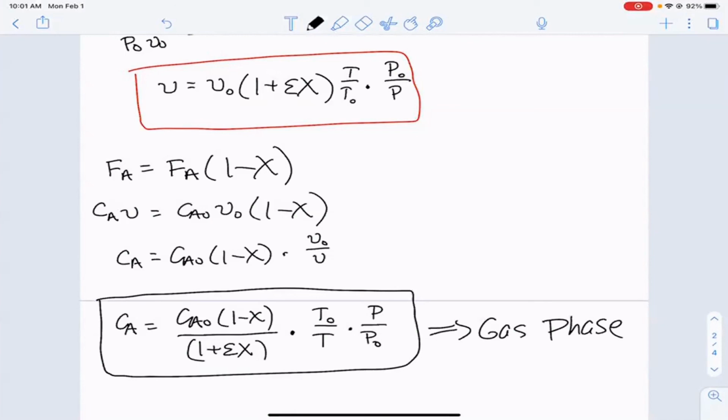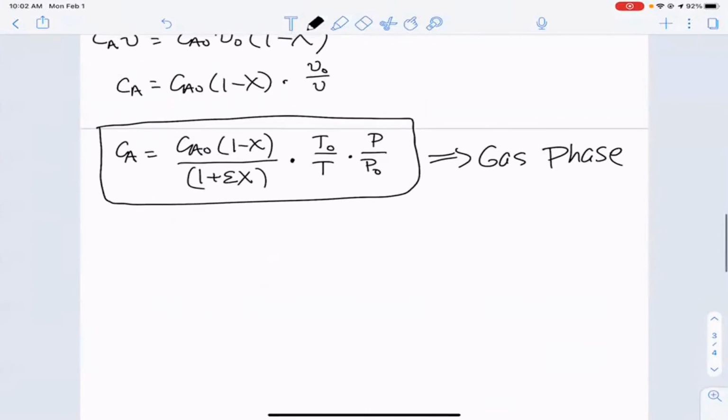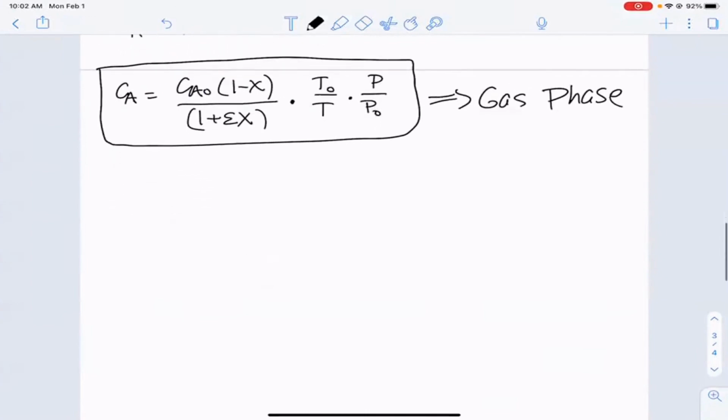If not, hopefully you can see one of the reasons why we have been solving problems, not just in terms of the absolute concentrations all of the time, but also conversion. We are going to not only need expressions for A, but all of the reactants, and we're going to get them as a function of the conversion. So conversion is going to become a very routine part of our calculations, especially when we're working with gas phase reactions. And if we wanted to consider what would happen for all of the other species in a reaction, not just reactant A, but the rest of our species are still